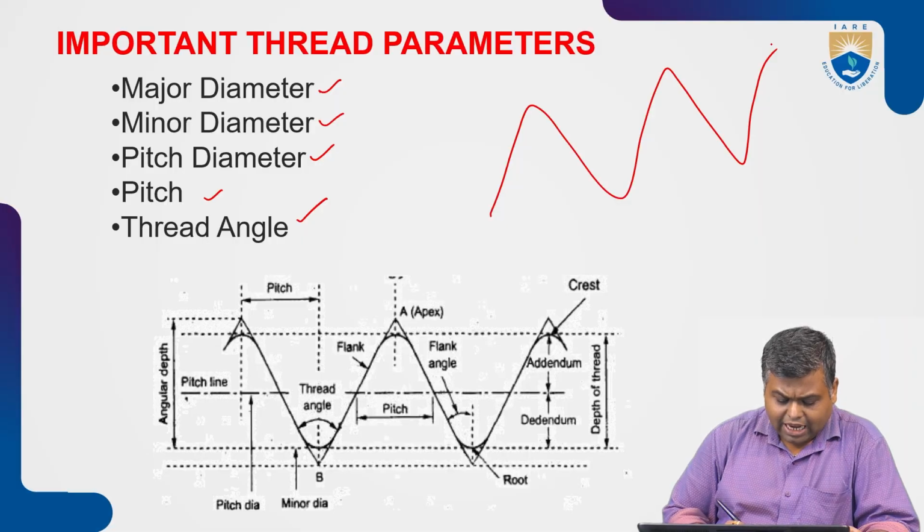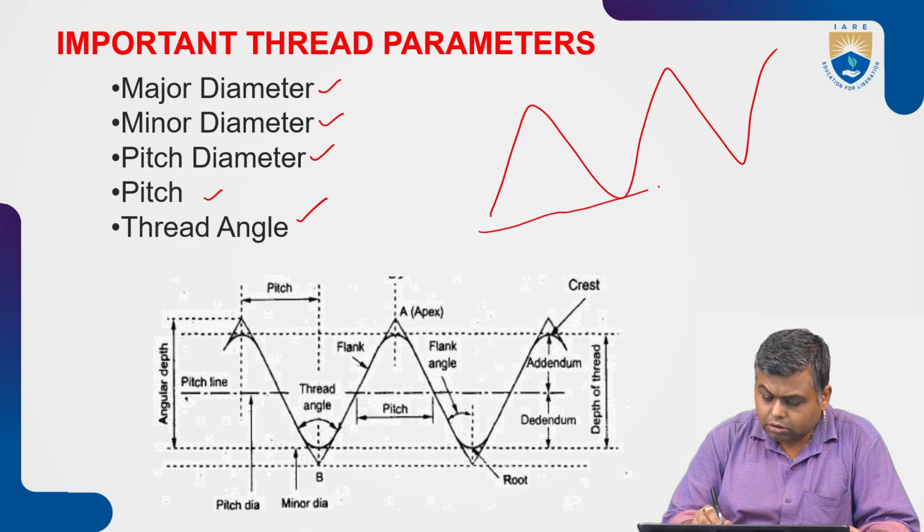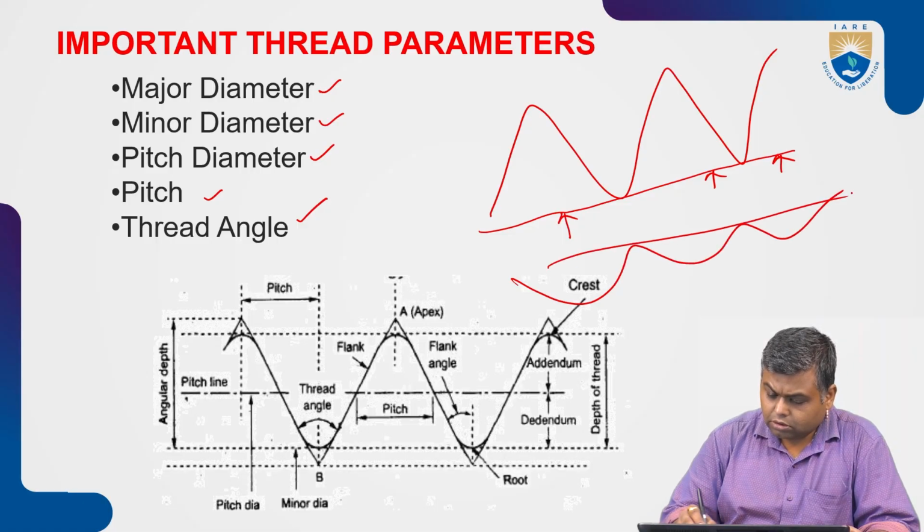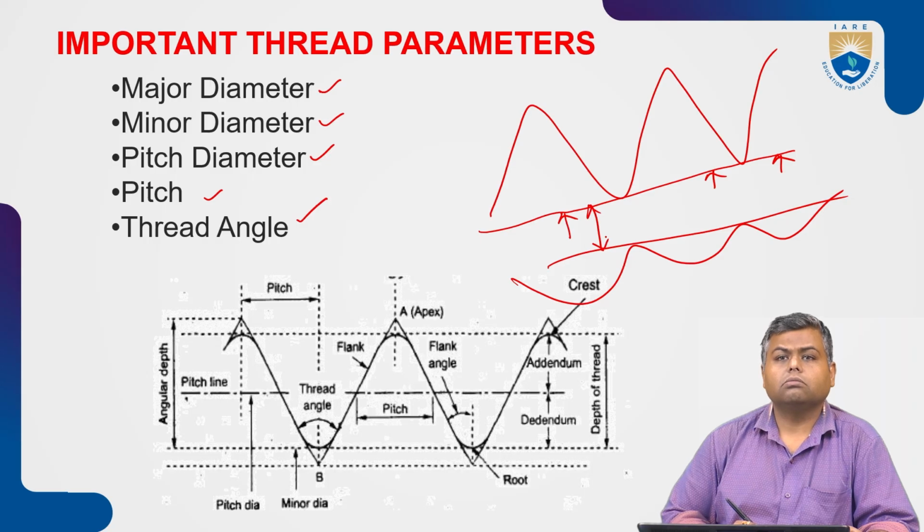If I want to say what the minor diameter is, this line touches all the roots with respect to the opposite roots,